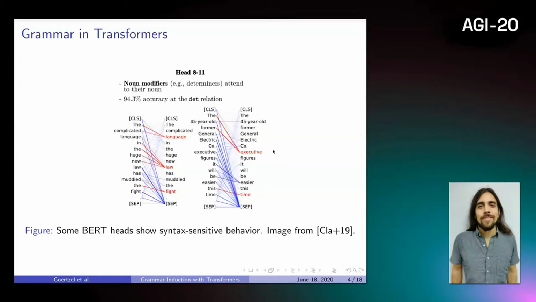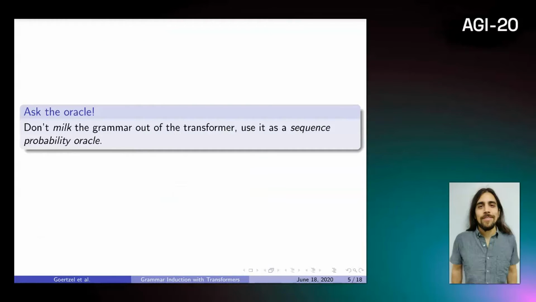There are some other heads that pay attention to other parts of speech or to other syntax in the sentences, but it's hard to find these good examples. They're kind of cherry-picked. Each training of a neural network will have different layers that learn different things, so it will be hard to actually come up with a grammar from there. It also doesn't explicitly say how the grammar is working. It's useful for the language model because it can produce good grammar, but not for our purposes of inducing a grammar.